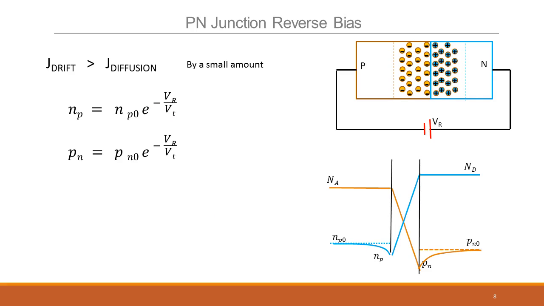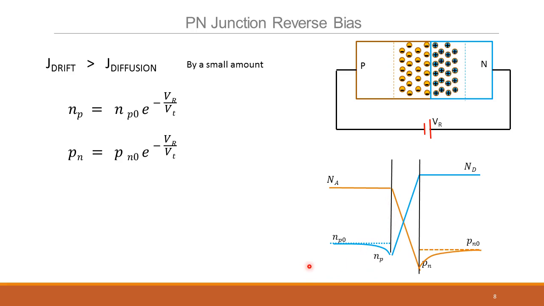So if I now plot the concentration of the minority and majority carriers in the body, this is how it will look. Because it is e power minus VR by VT, it will go down to 0 or a smaller value at the depletion region boundaries. So the minority carriers reduce, and they can reduce at best to 0. Remember, in the exponential case, it could keep on increasing, 10 times, 20 times, 100 times, 1000 times. But here it can at best go down to 0. Increasing, it could go 1000x very easily.